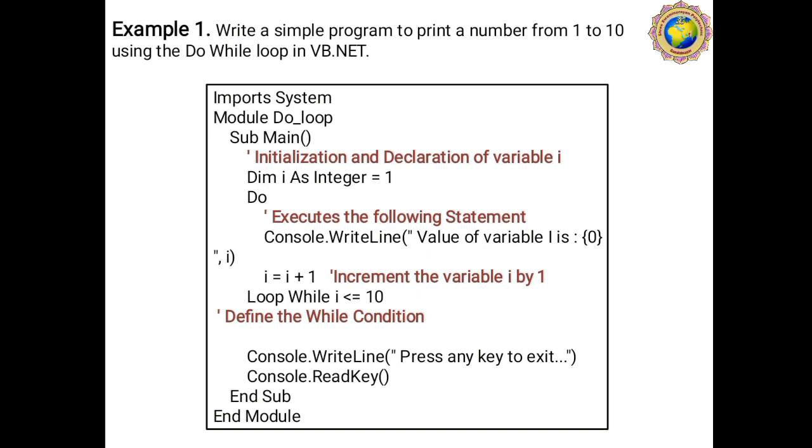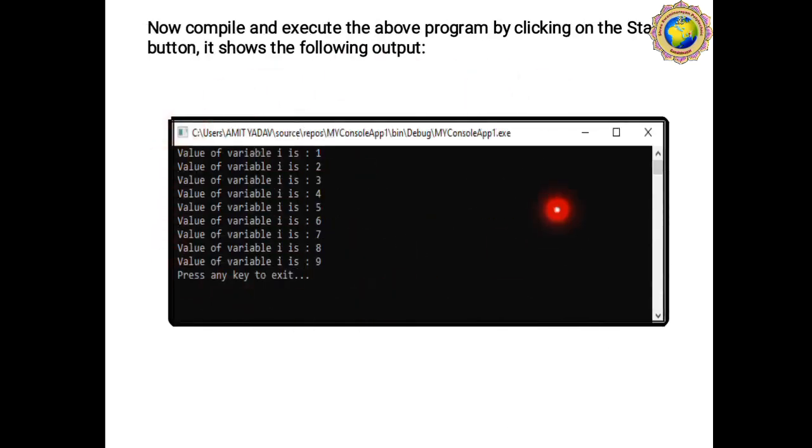Example 1: write a simple program to print a number from 1 to 10 using do while loop in VB.NET language. Whenever you open the Visual Studio software, you have to write this type of code and then run it. When you run our program, the output will occur like this. Dear students, this is only for your theory-based concept, but whenever a practical session starts,